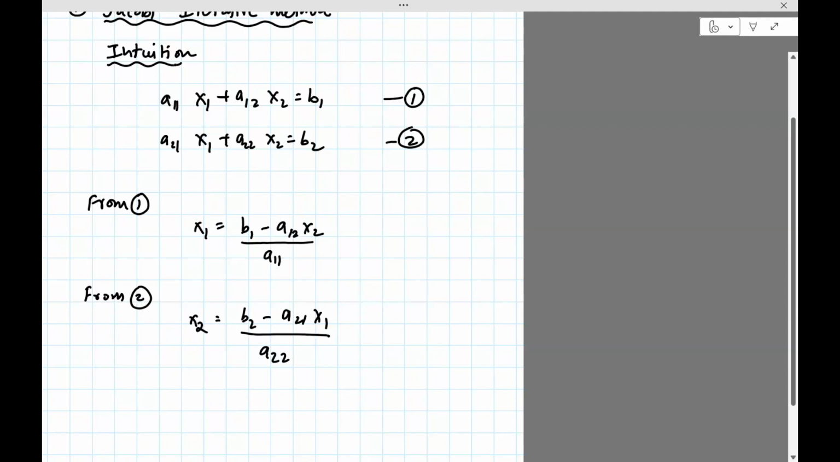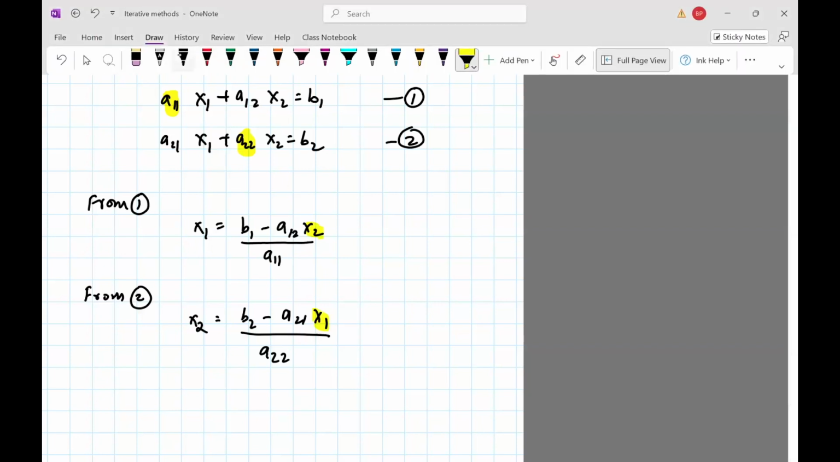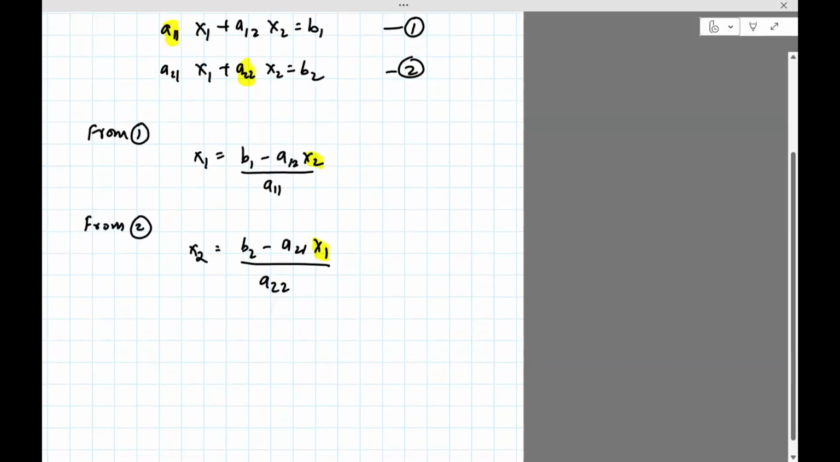So essentially, we're using the diagonal elements, right? We're using this one and this one to solve for x1, x2. Clearly, you cannot solve for x1, x2 this way because in the first equation, x2 is also unknown, and in the second equation, x1 is unknown. So how do you proceed? Well, what this method does is essentially,